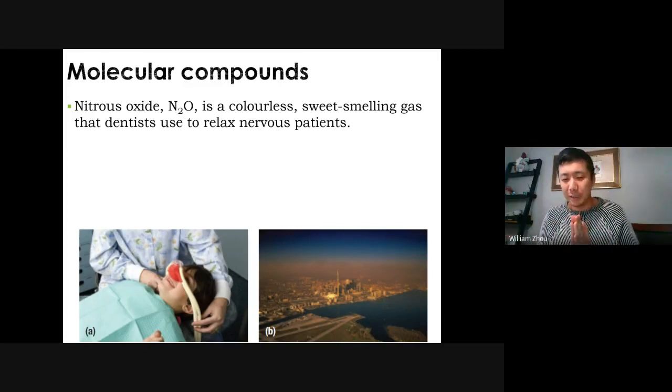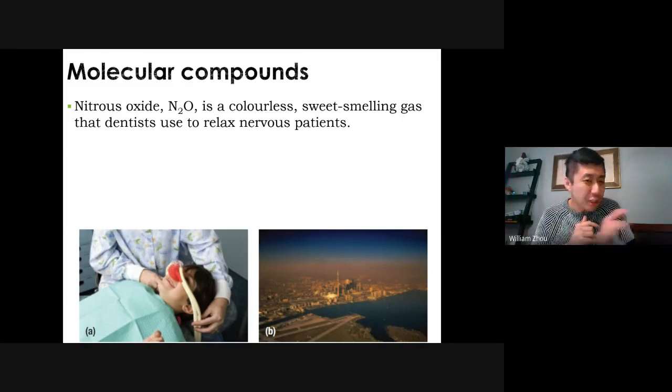Okay, so you have to understand that these are now molecular compounds. It is different from ionic compounds. Molecular compounds are made up of nonmetals bonded to other nonmetals. They can have different formulas, but with the same type of atoms, I should say. One example is nitrous oxide,